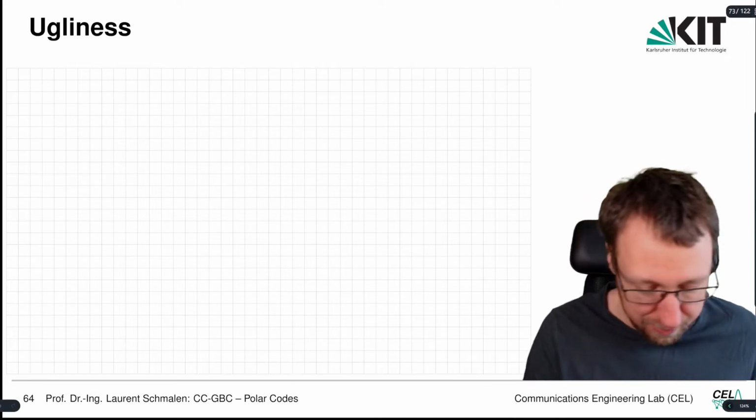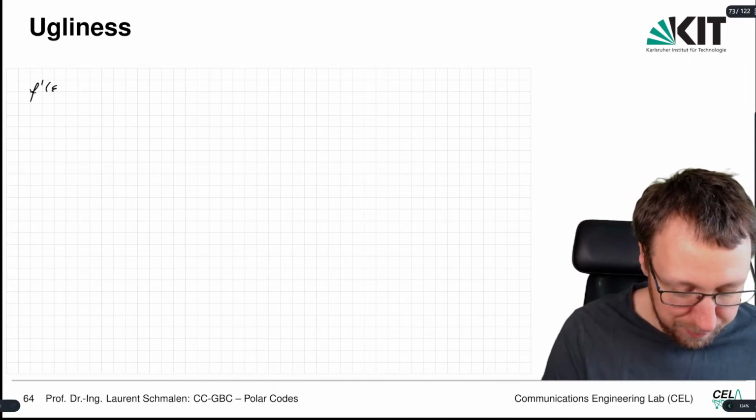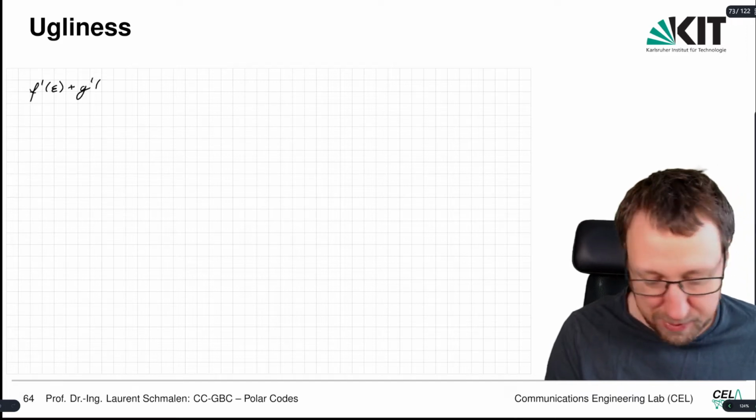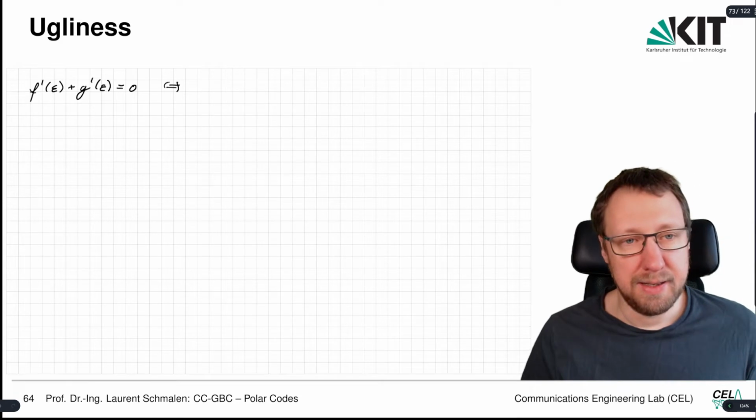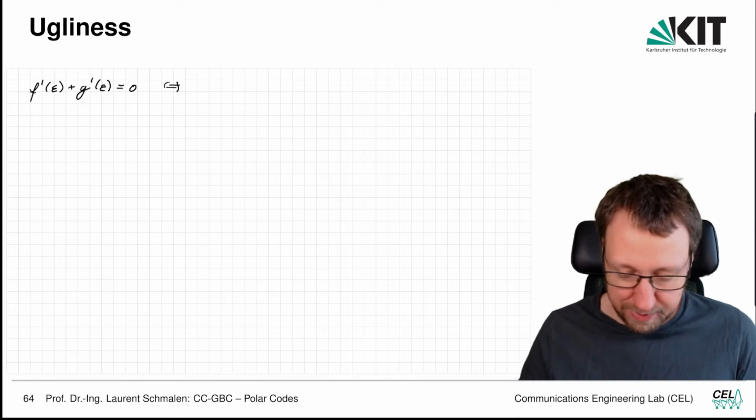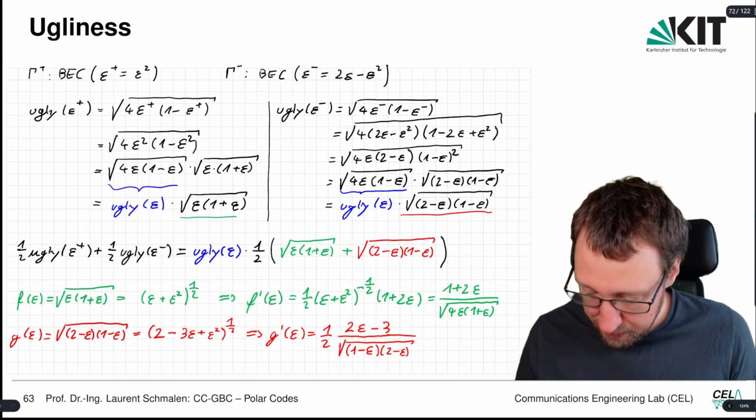So we are calculating f prime of epsilon plus g prime of epsilon. This should be equal to 0. This is equivalent to saying that, and for this, let me just copy